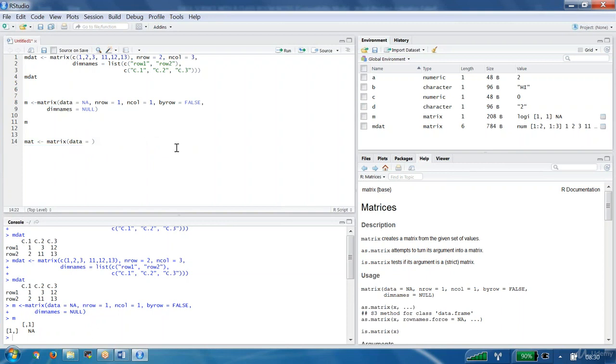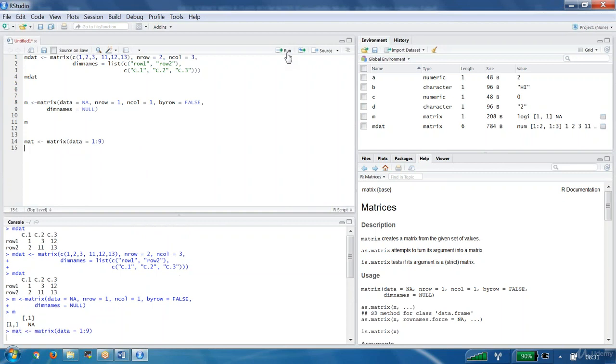Only with one argument I want to experiment. In this argument I am taking the values 1:9. 1:9 means how many values are we passing here? 9 values, 1, 2, 3, 4 like that.